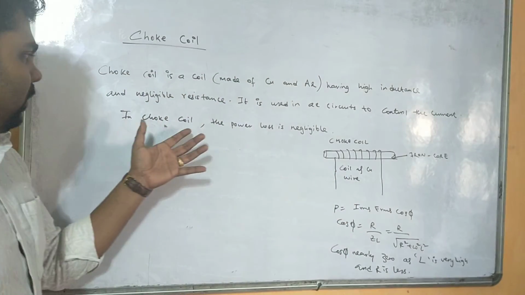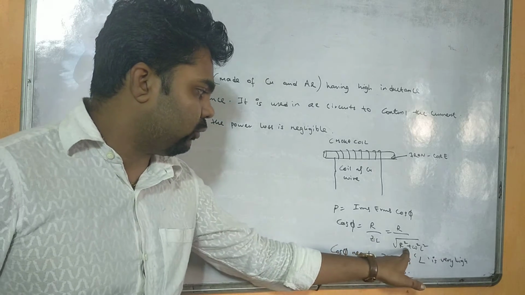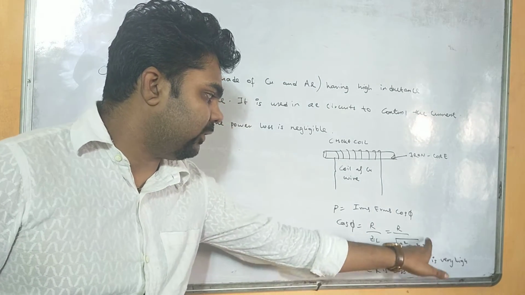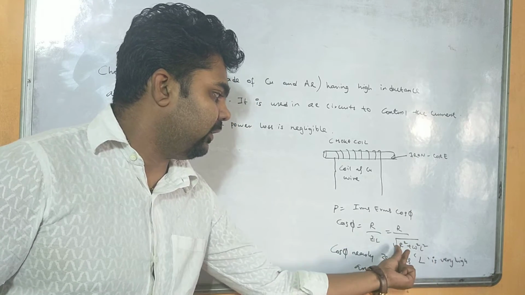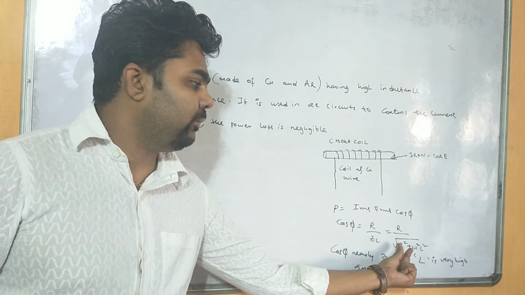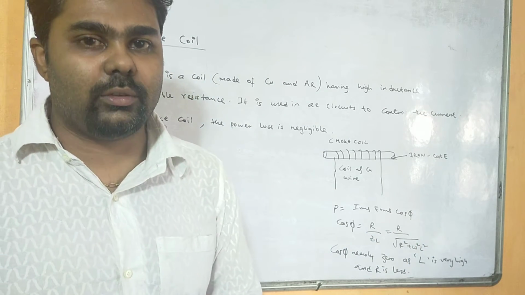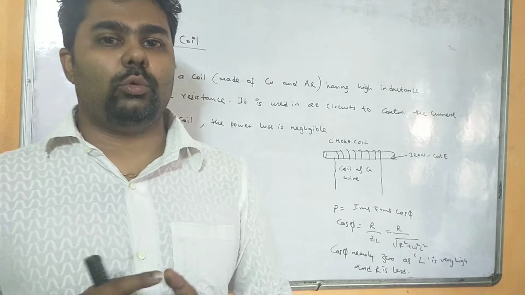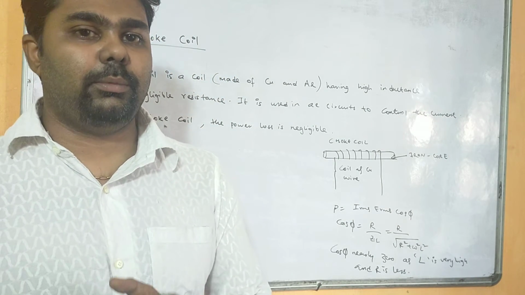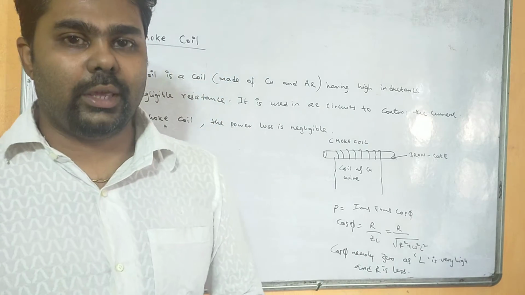Now you see here, in case of ZL, if I substitute R square plus omega square L square, that is XL square, now here L is very high and this resistance is very less, right? We don't consider this one to be exactly 0. R cannot be 0 as it has some resistance, so there will be some heating loss. That means the energy will be lost in terms of heat.